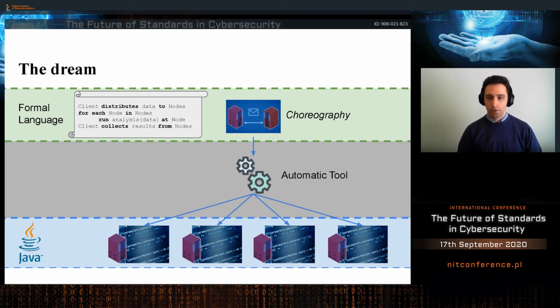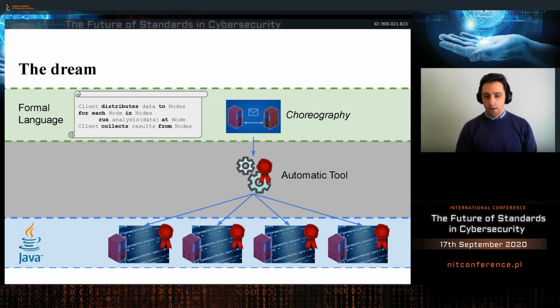Then the other issue in this flow is that bridging the gray area between the choreography and the endpoint implementation that is going to run on the machine has been done by experts or programmers. And what we want to do instead is have an automatic tool, some procedure that is able to either check code written by programmers or generate code for them or help them in this activity. Because we want a tool there instead of an expert, because if we can check that the tool is actually doing its job in this translation or in this checking, then we get, as a side product, that all the implementations that are checked or generated by the tool are going to be correct implementations of the choreography,